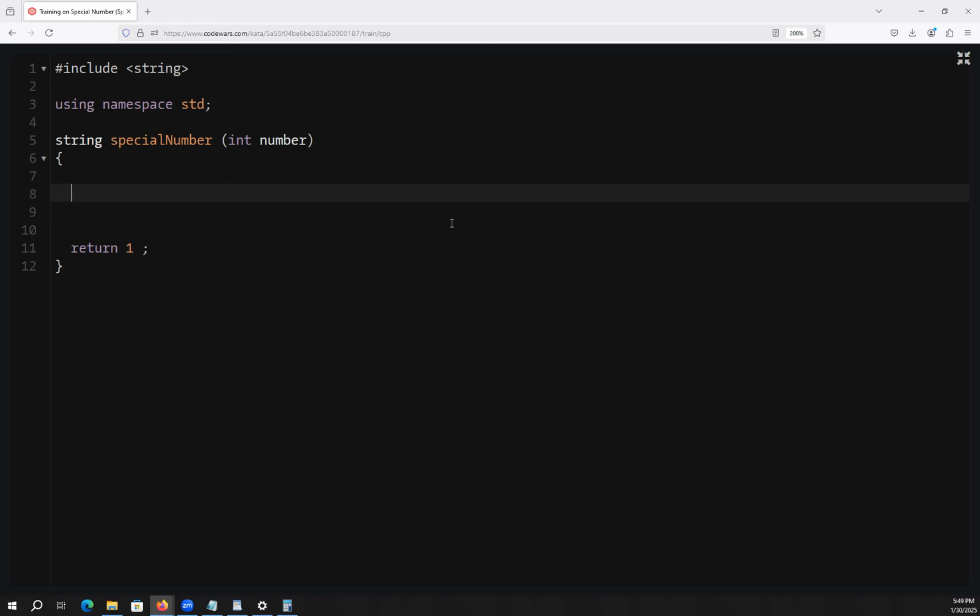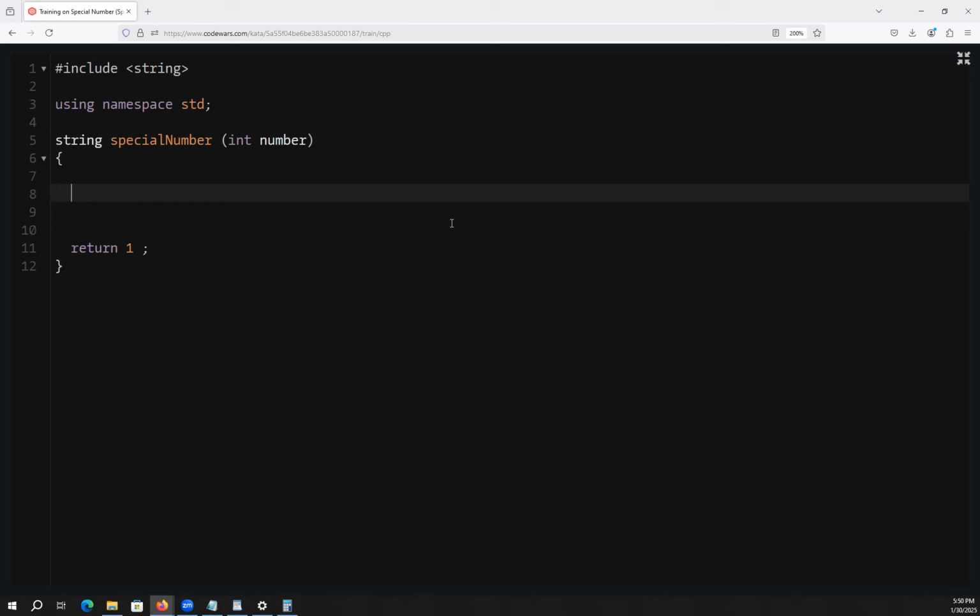To do that, we can use a modulo, because for those of you who don't know, modulo 10 is going to give you the single digit in the ones place. You can use that to isolate digits: do modulo 10, then divide by 10.